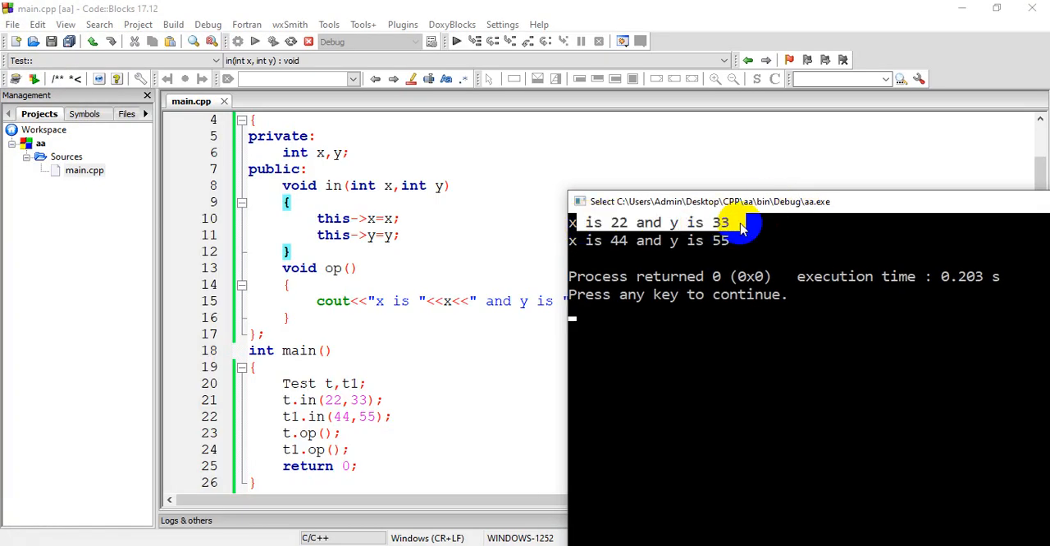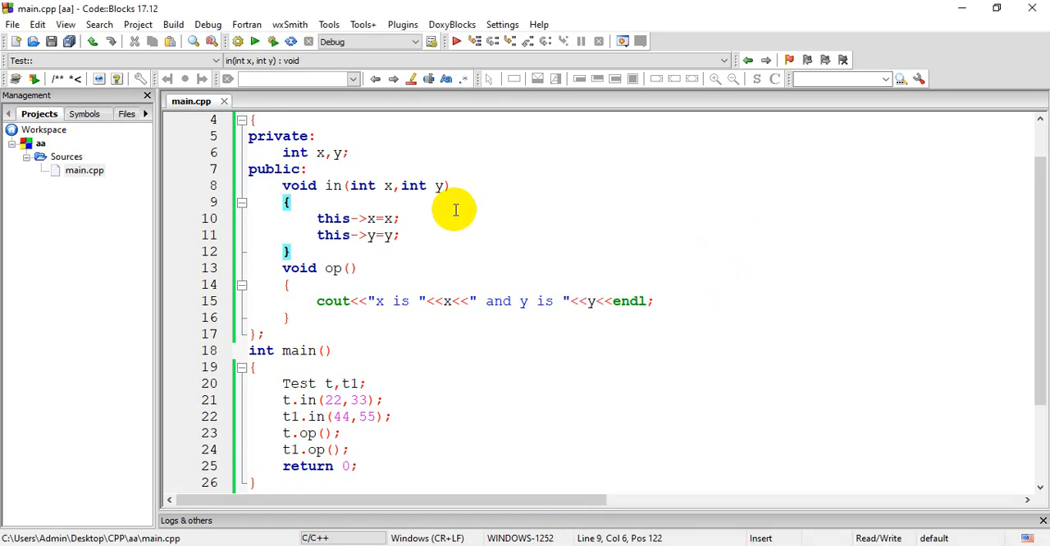Cool. X is 22 and y is 33, x is 44 and y is 55. Also, this pointer is pretty much awesome stuff when you need to make some comparisons. Let's change this program a bit